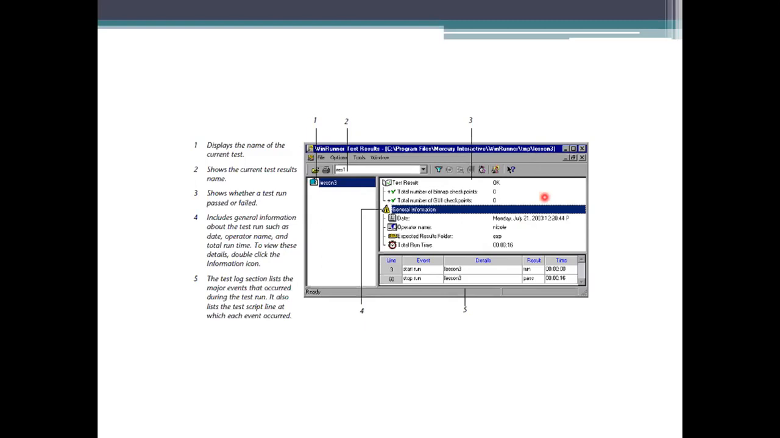If you want to know about any data of the general information, just double click on that information icon you have specified. This information has the date, operator name, expected result, and total runtime for processing. How much time did it take? It took 16 seconds to process that one. And then the fifth one is the